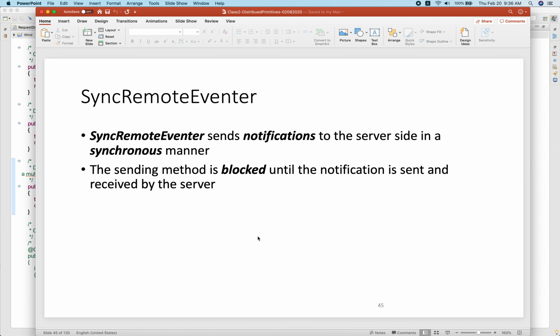We need to provide an API to send a message to the server in a synchronous manner, which is a little bit difficult to design. But for other cases, for example, sending a notification to the server asynchronously, or sending a request to the server and getting a response from the server,